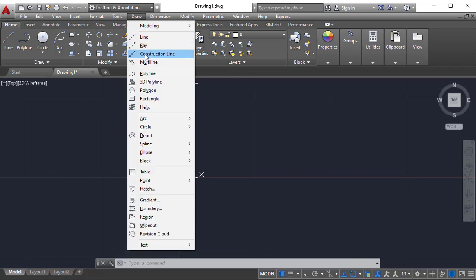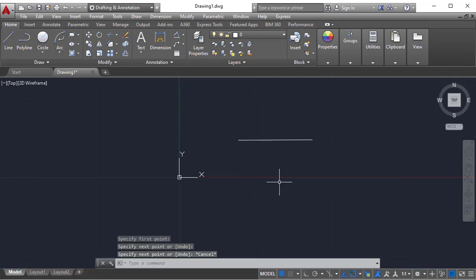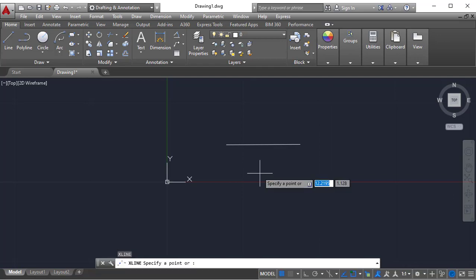Now, in the construction line I am going to show you the bisect option. Up to horizontal, vertical and angle you can directly click the construction line, but for bisect or offset you need at least a line or construction line. I'm just creating a line, whatever it may be. Now I am using a construction line like this and selecting the bisect command.